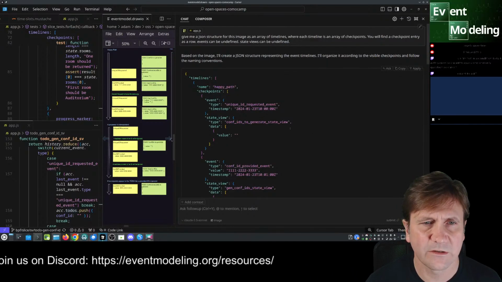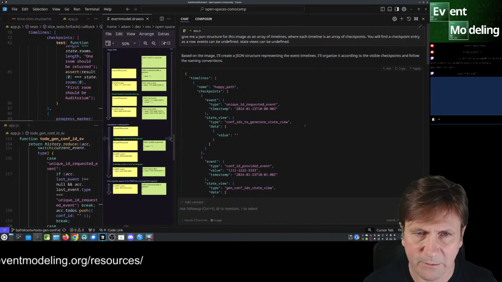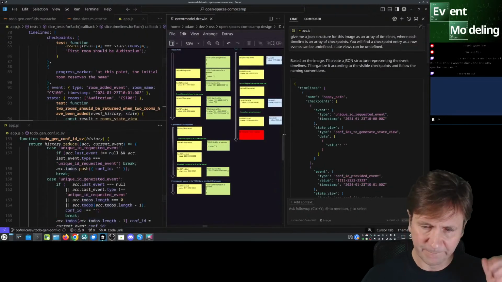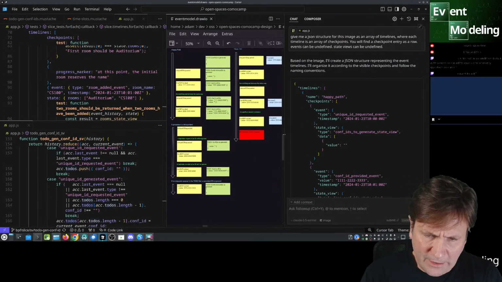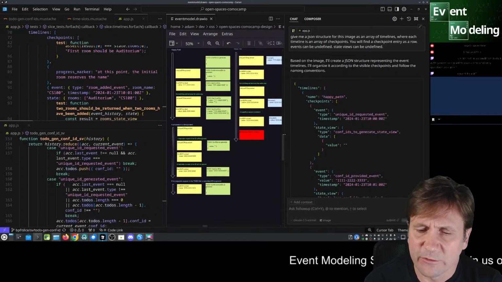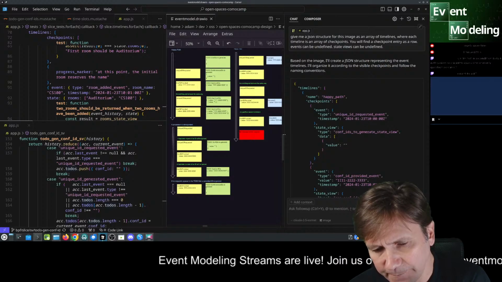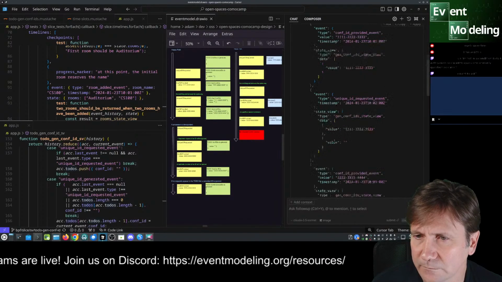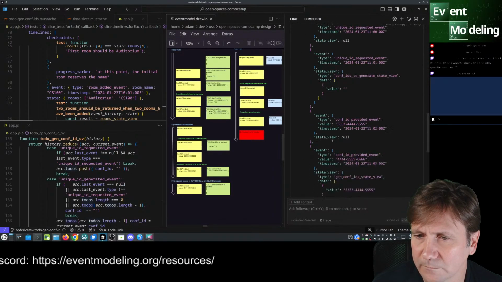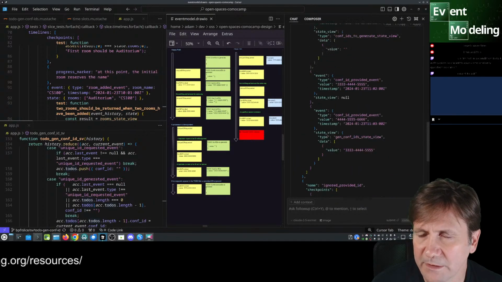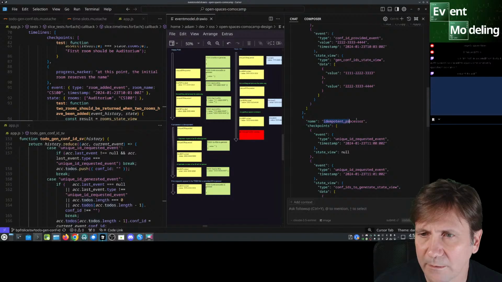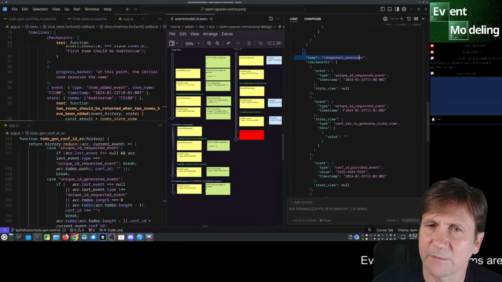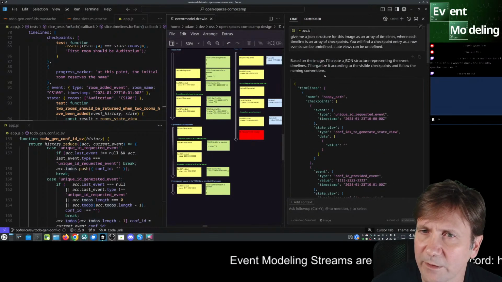Otherwise, I want to not waste too much time on AI. It's disappointing today. I was very happy with it last time because it generated the implementation, which was really cool. Here we already have the implementation. We're asking for it to use this diagram to generate the tests, which is, I mean, it's okay. We have this idempotent processor. It is skipping that. So I think maybe if we just prompt it a little better.